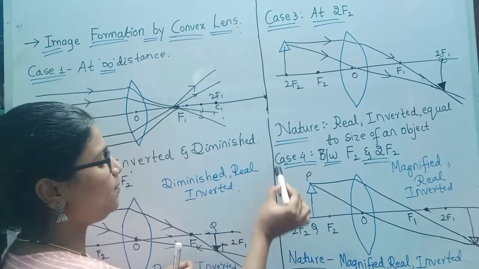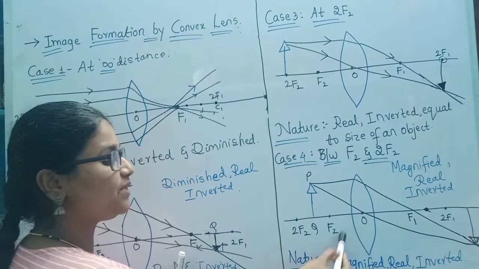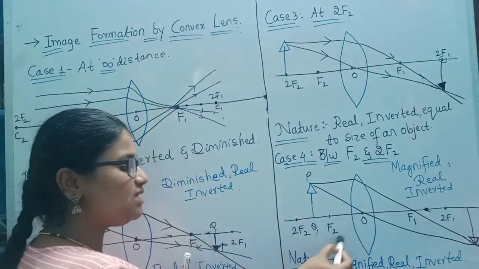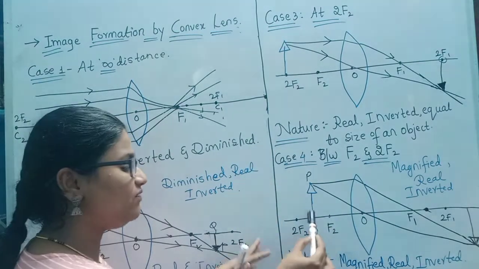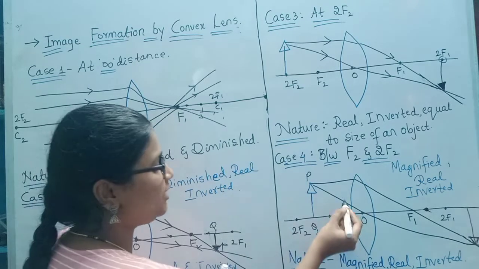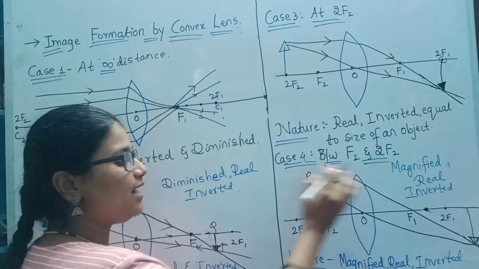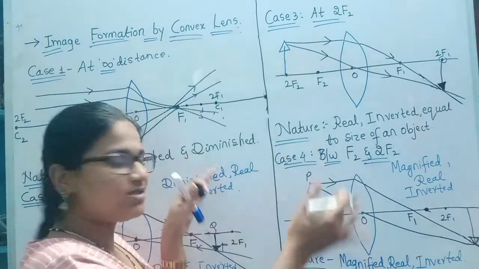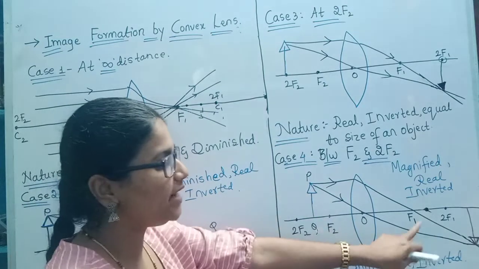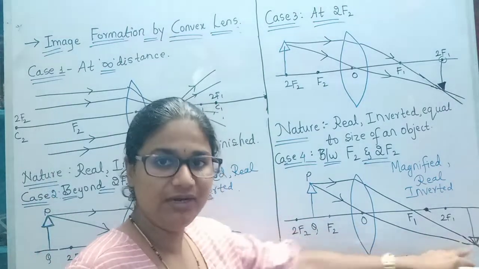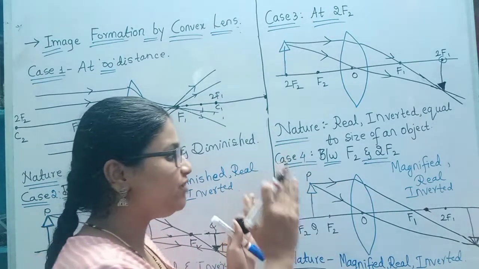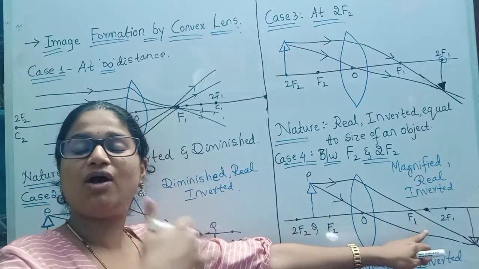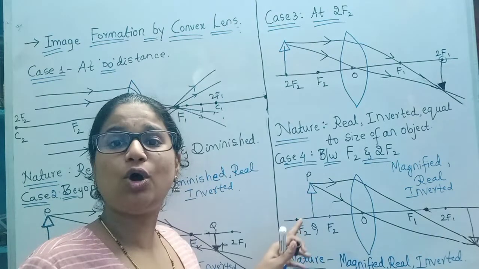Let us place an object between the focal length, that is the principal focus, and twice the focal length, that is between the principal focus and the center of curvature. When we place an object here, let us take again two rays. One is incident parallelly, the other one is passing through the optic center. The board is this much only, so I couldn't extend it, so I made the rays meet at a point here. They will meet at a point which is beyond twice the focal length. The image will be formed very far from the optic center.